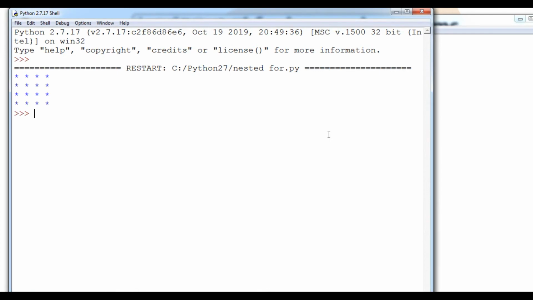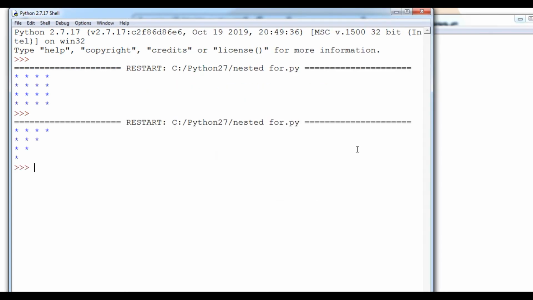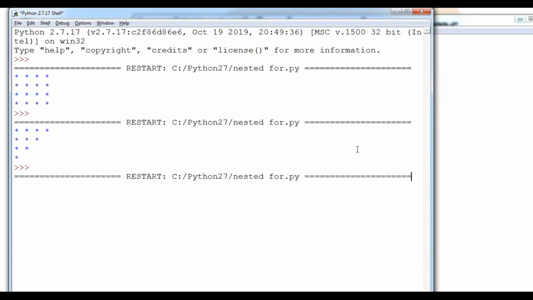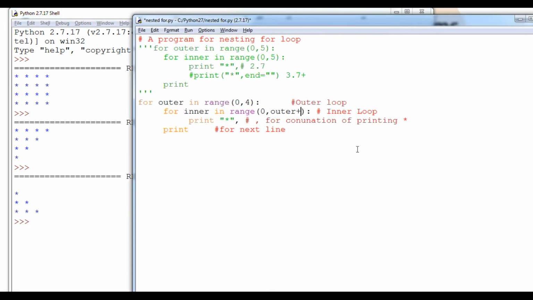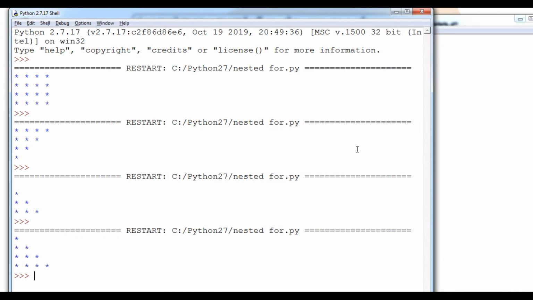the same thing will come, that means to say a square. Because the values of both are the same, so what I am going to do student, I will use here outer. Okay, so behind this there is a big logic. Okay, so here I will show you, that is 0, here will be outer plus 1, we can say that. Now you can see that outer plus 1, because outer will definitely be 1. So now you can see student, we have printed this particular triangle.